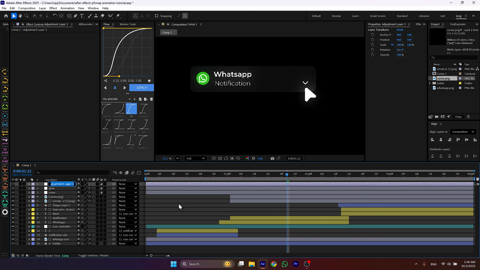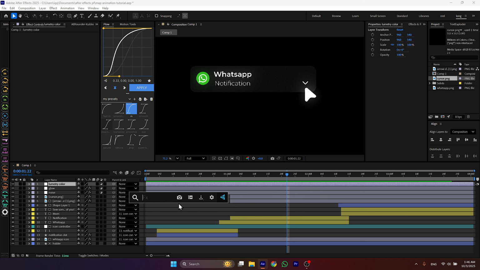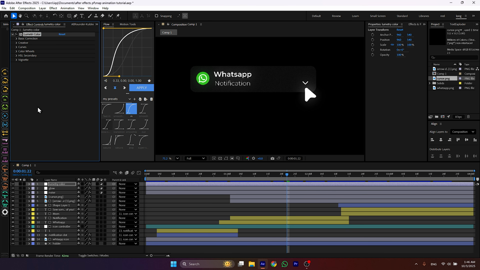Rename this to Lumetri color. Add the effect. And then I will move the shadow tint towards blue and the highlight tint towards red.